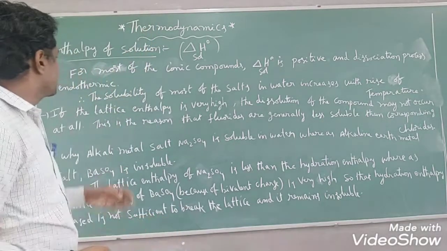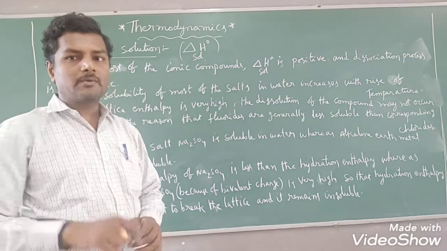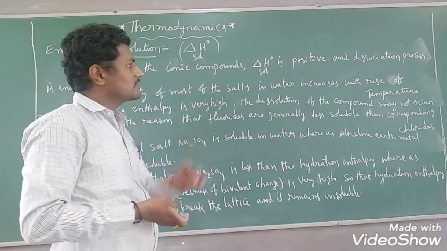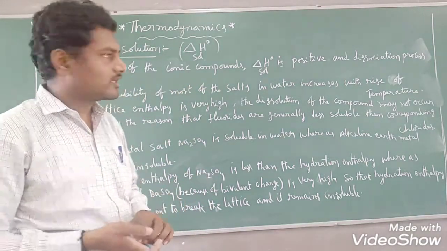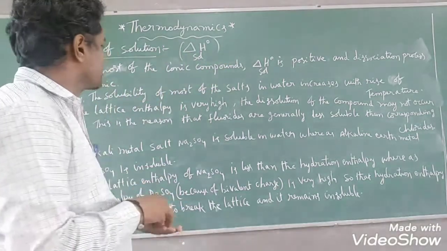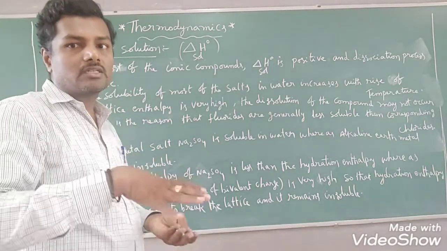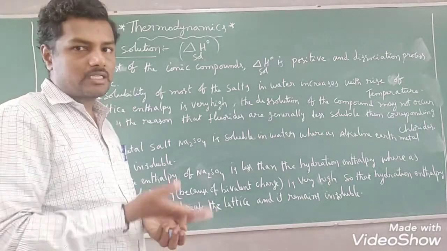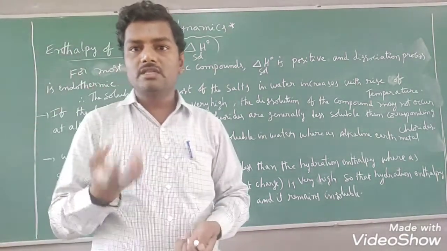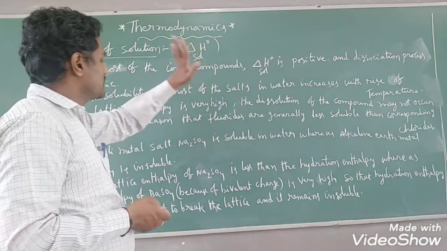Let us see, students. Here for most of the ionic compounds, enthalpy of solution is positive. Actually, enthalpy of solution may be positive or negative also. But for most of the compounds, generally we get enthalpy of solution positive. In very rare cases you may get negative. And the dissolution process, whatever the dissociation process we have got, that is an endothermic process. Whenever the substance is dissolved in water, that substance is dissociated into ions, right? That process we can call an endothermic process. An endothermic process is nothing but the process in which the absorption of heat is taking place, right? So that's why it is endothermic, and the delta H solution is positive here.